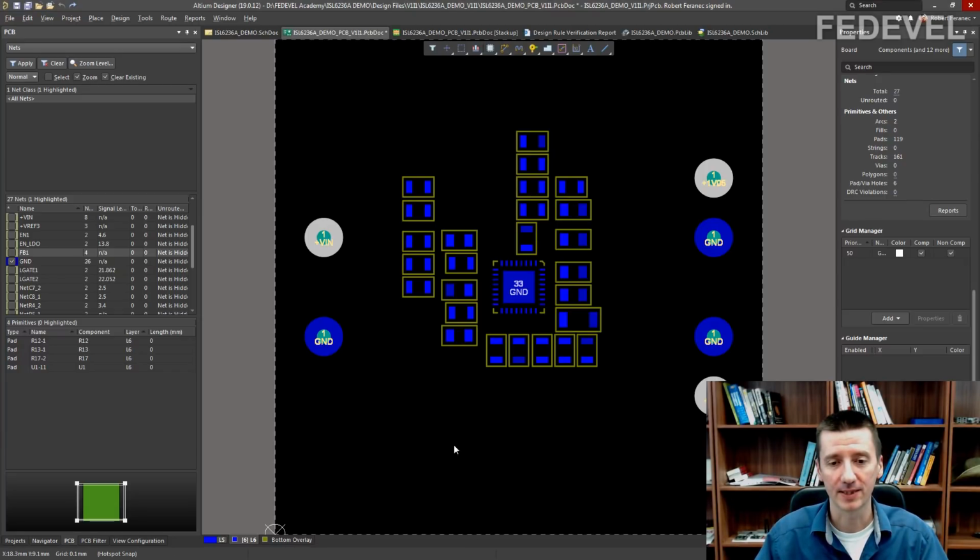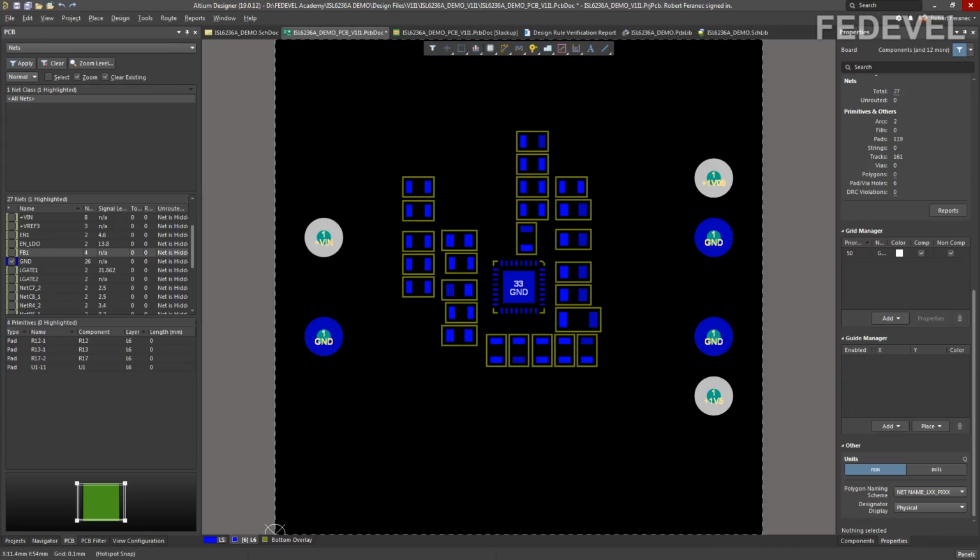We are going to start on the bottom side of our PCB. So we are going to draw only on the bottom side of our PCB. And at this stage of the layout, our main goal is to connect all the pins as quickly as possible. So don't worry about how this layout is going to currently look. We will improve all the tracks and the layout a little bit later.